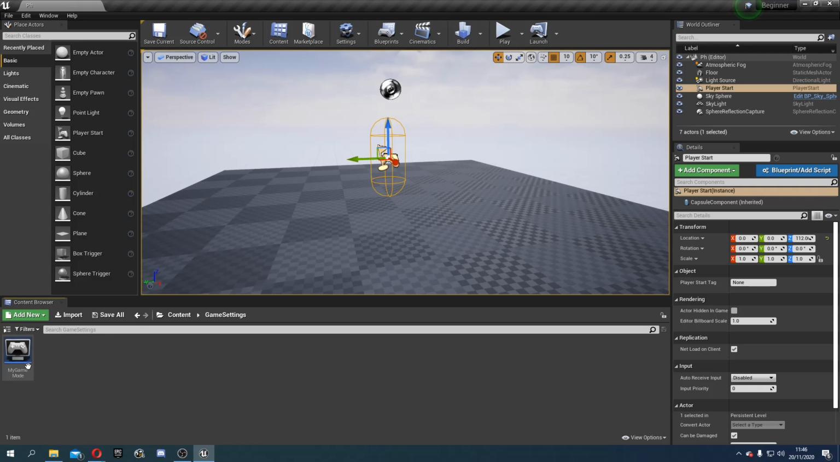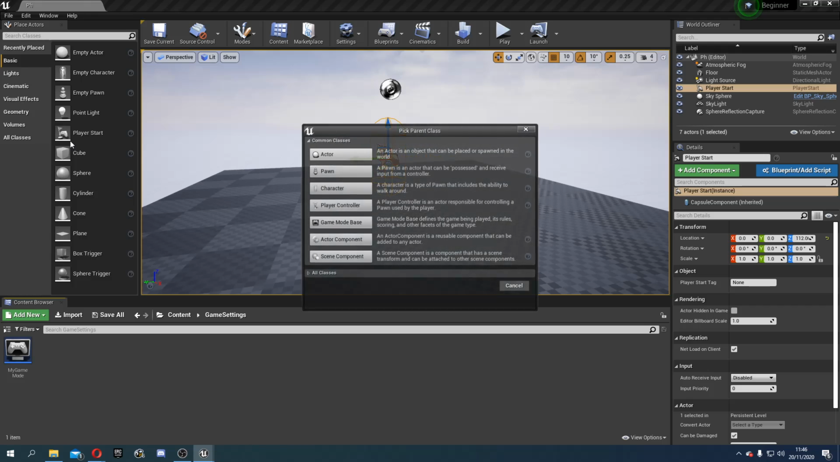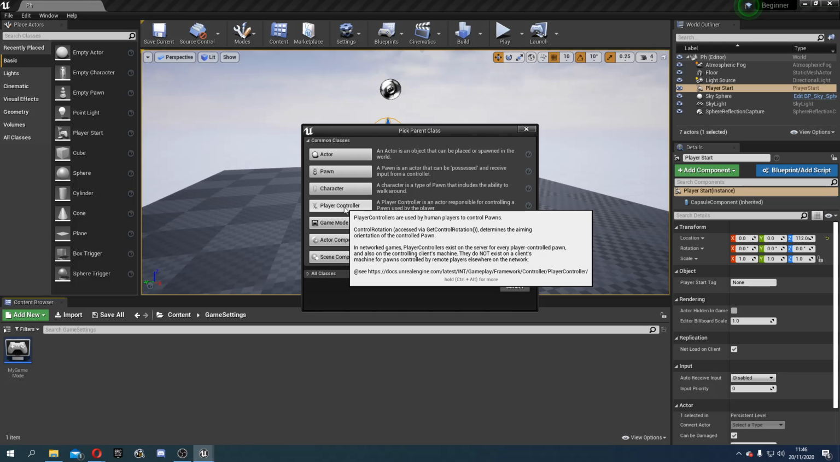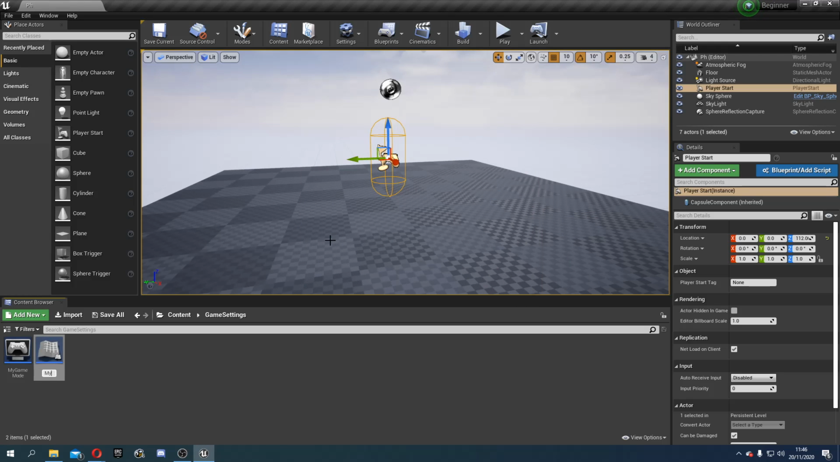So in game settings, my game mode, right click, and we'll make another blueprint of a player controller. Now a player controller is an actor responsible for controlling a pawn used by the player, so we're going to need one of those. By default the game does have one, but you don't have access to it, so if you make your own, you can use it to add settings to the controller and so on and so forth. So my player controller,